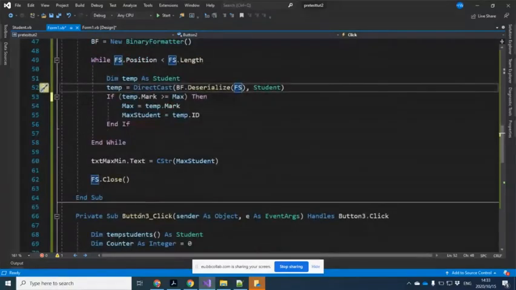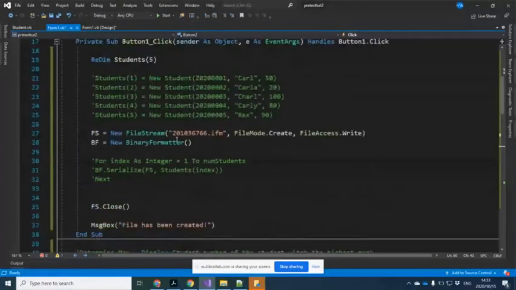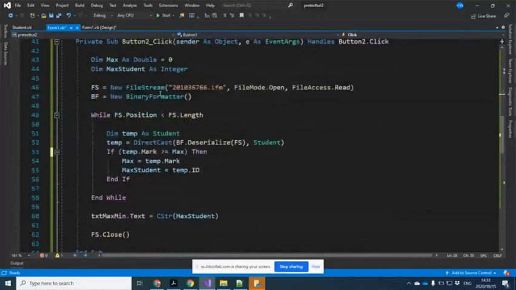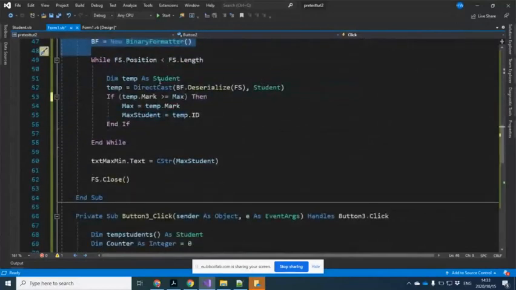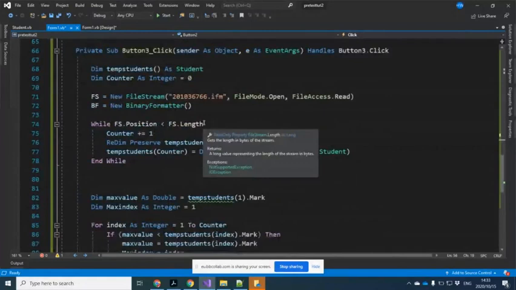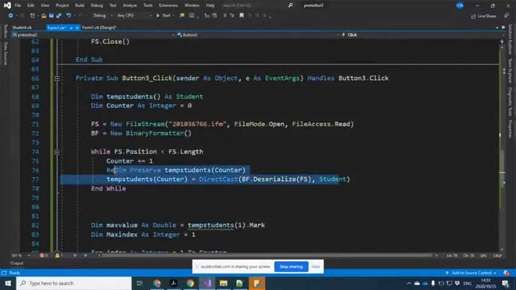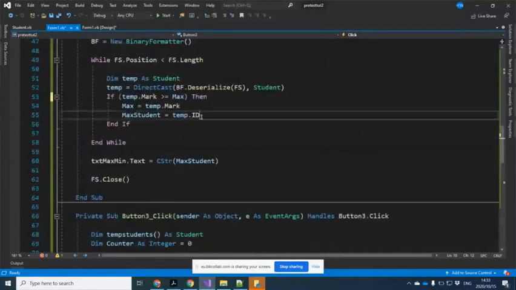Did this help you? I'm assuming a lot of you that are currently here are fairly comfortable with creating a file stream, reading from a file stream, and the while loop itself. It's just the internals of the actual doing something with the code that you might have been slightly confused about. As you can see, there's multiple ways in which you can do this. You can read it into a temporary array. You can read it into an individual variable and then test it right there. It just depends on how you